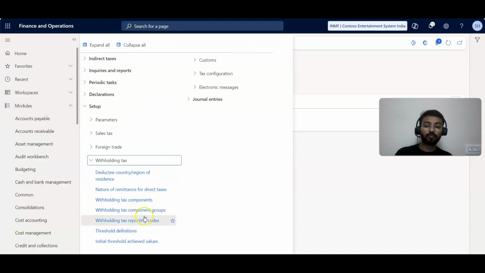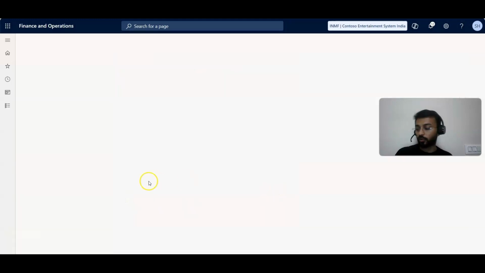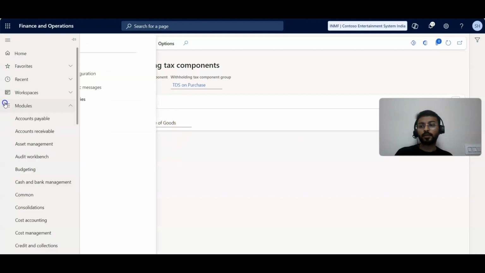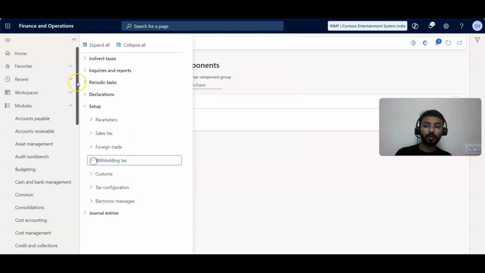Then we need to attach this withholding tax component group into the withholding tax component. Suppose, if you see, this is for a contractor 194C. I have created a withholding tax group that I have attached over here for a contract. In the same way, I have attached it for 194Q also. After these two setups, we need to go to the